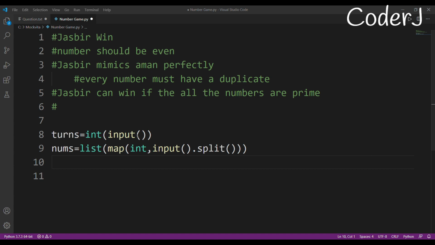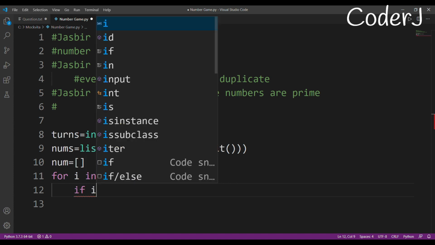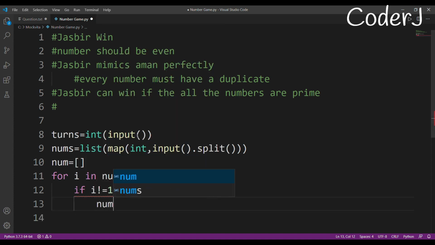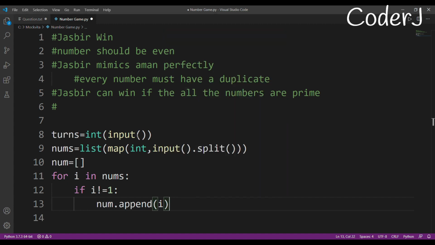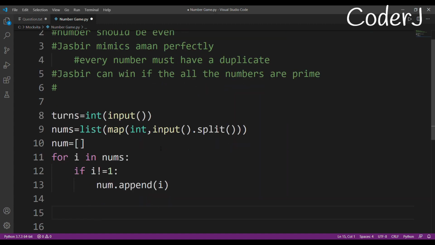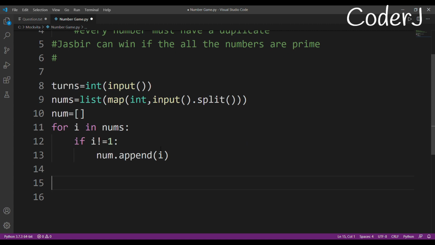Okay. Now I already told you that what I'm going to do is remove all those ones. So how do I do that? It's very simple. For i in nums, if i is not equal to 1, then append it into this new list that I've created. If you have some other approach, you can do that also. You can just search the occurrence of 1 and remove them one by one. Okay, there are many approaches. I'm just using the simplest one because I'm trying to avoid complexity. Okay. Now I've removed the 1s.